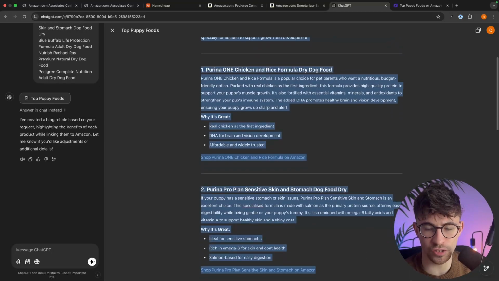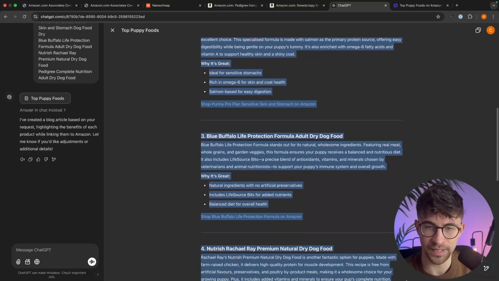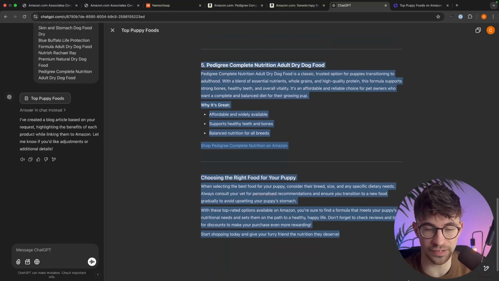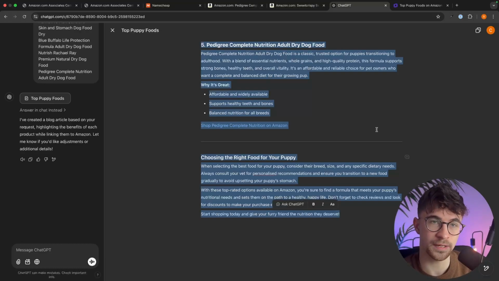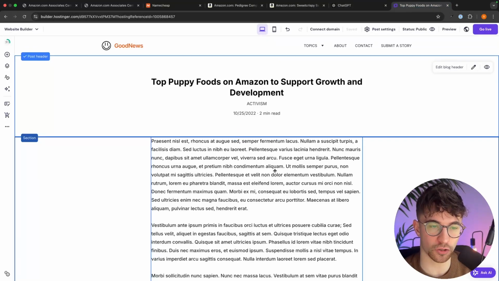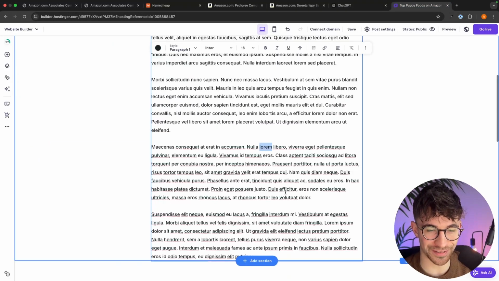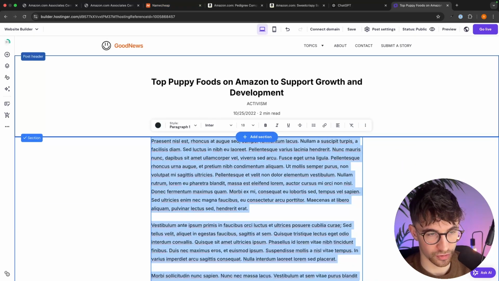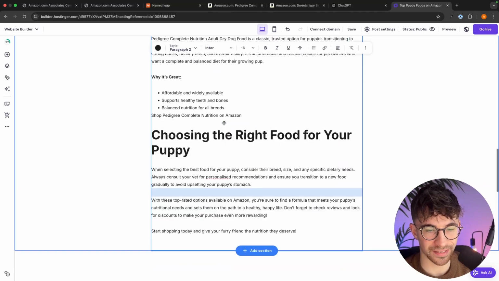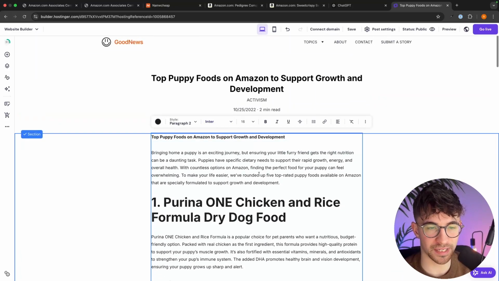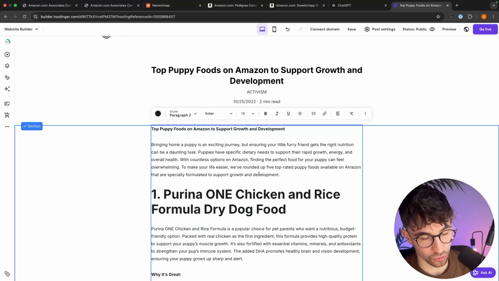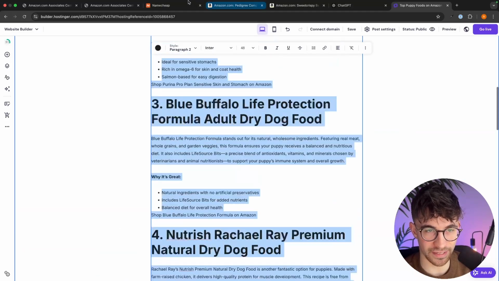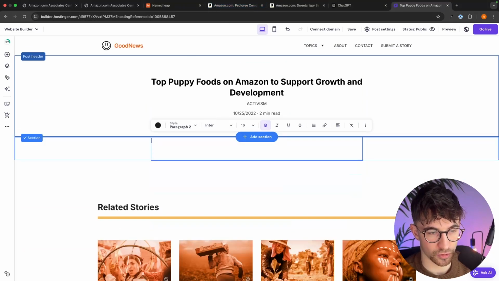What we could do is we could just copy and paste this entire thing. I recommend copy and pasting, but we don't just want to copy this whole block of text right here because the layout doesn't really look professional. So if I just go into here and then we delete all of the text that is currently inside this and we just drop this in, it kind of looks okay, but we can make this look a lot more professional. So what I recommend doing instead is if we just delete everything that we've put in,